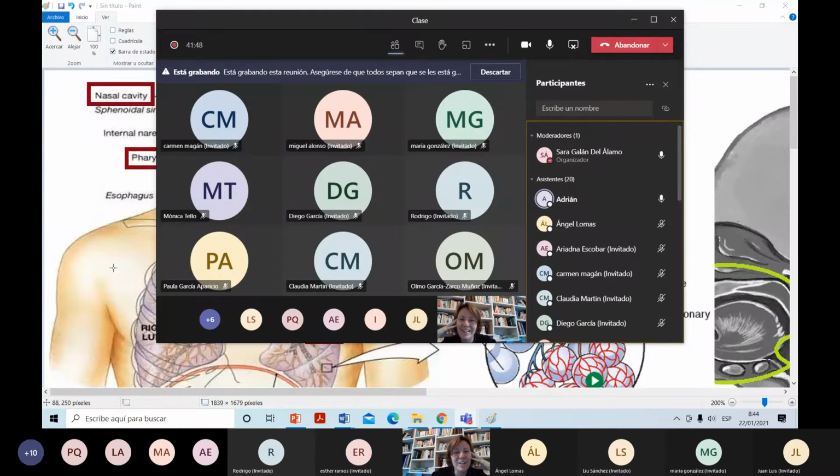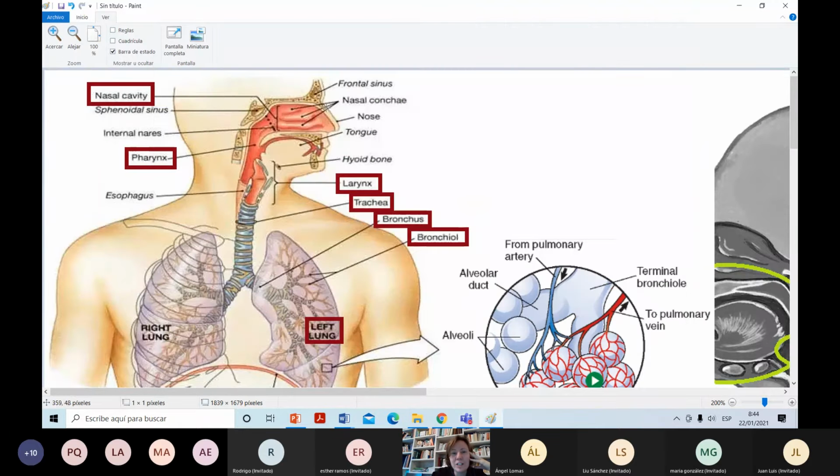The nose. The nose, okay. The nose is the external structure. So we should say that the first part that the air gets in is the nasal cavity. There's a difference, okay? Probably in primary school you can say the nose, but the nose is this external structure. So the air will not go through my external nose. It gets in through the nostrils and it enters inside the nasal cavity.